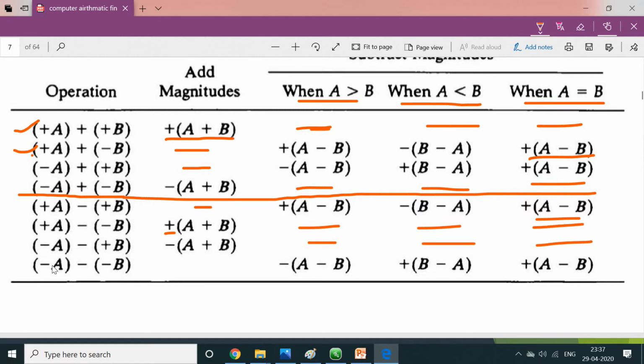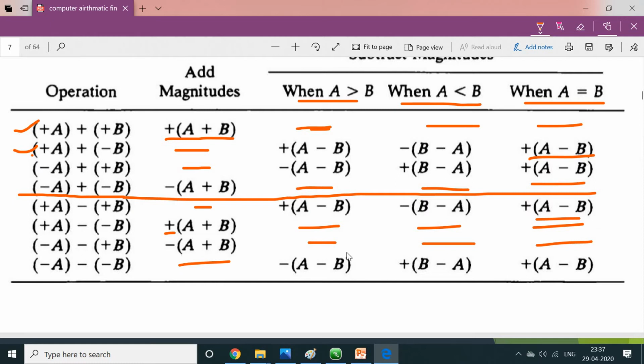In the third case, last case, minus a minus of minus b. So minus into minus, that means plus. Minus into minus, so this is a plus. So here one is a plus, another one is the minus. So the subtraction operation is possible, so there is no addition magnitude. So if a is greater, a minus b, subtraction operation is possible. If you take the minus a and minus inside the bracket, if minus goes inside the bracket, this symbol is converted into positive. That means positive